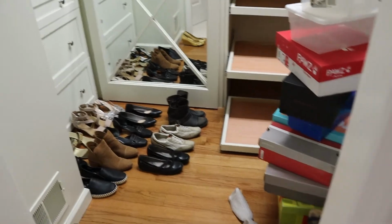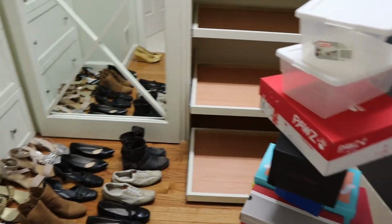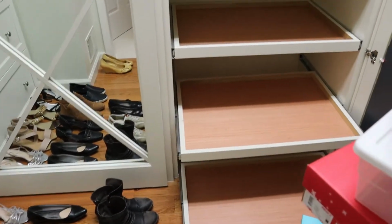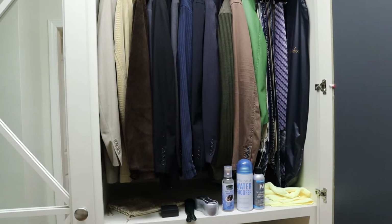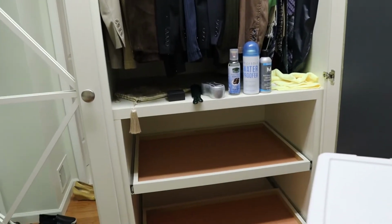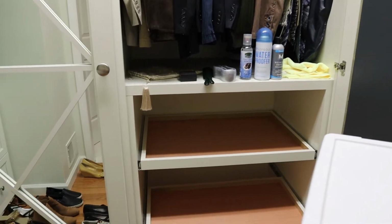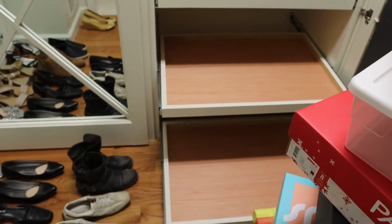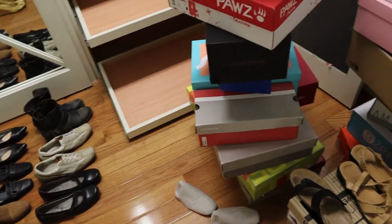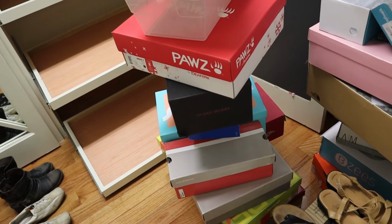Okay folks, I switched cameras so I can show you the progress we've made. I have 3 trays that my husband kindly shares with his side of the closet. So there are his suits and blazers, ties, and I put some shoe care stuff, which I will remove because that's not fair. That's his side of the closet. So 1, 2, 3 trays, and I know this pile is not attractive, but I'm a big proponent of ugly